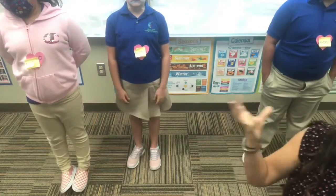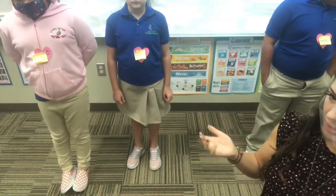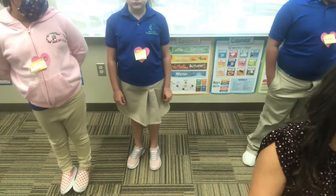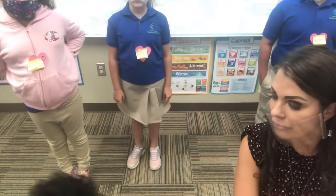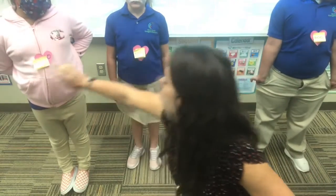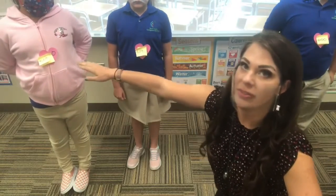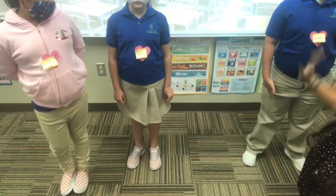But remember, the meat is on this side. Our hundreds place value, our tens place value, and then our ones. So who else thought up? Why, sir? We're looking at rounding up or down at the place value. If you had all of the numbers from 500, 501, 502, 503, 504, all the way to 599 to 600,